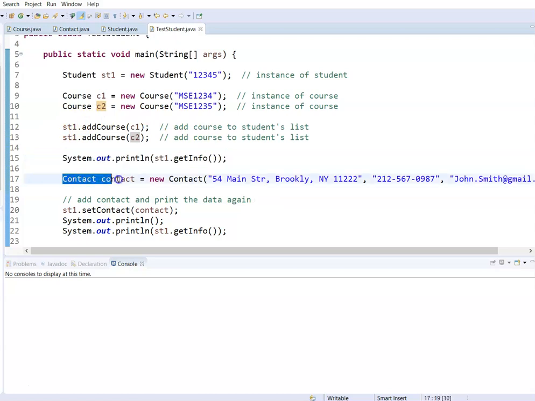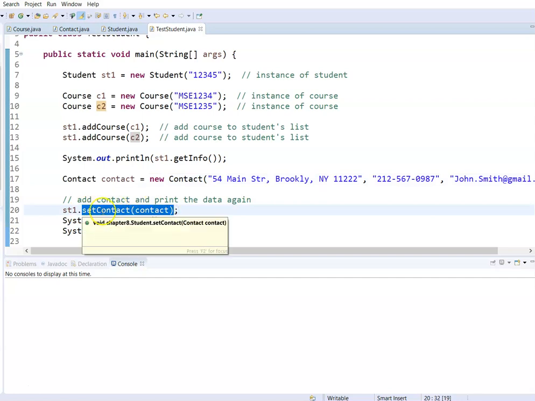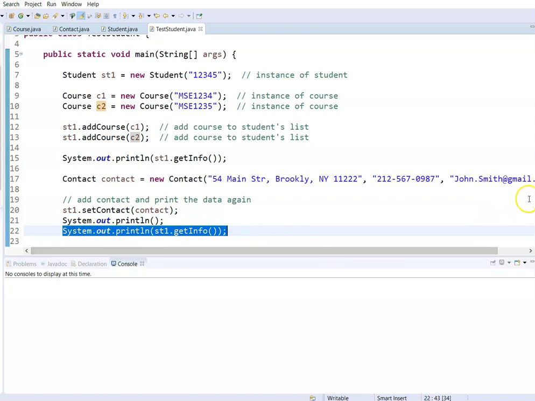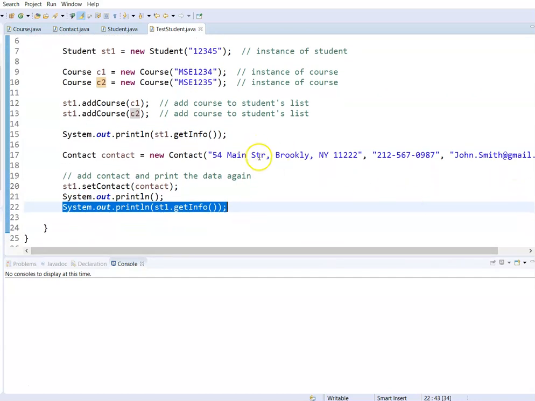So then we can create a brand new contact with the information, and then we can call the setContact method to pass it. So now we have a new contact in student 1, and then we're just printing a space and then calling the getInfo method again to show that the contact information was added and now it's part of the student class.